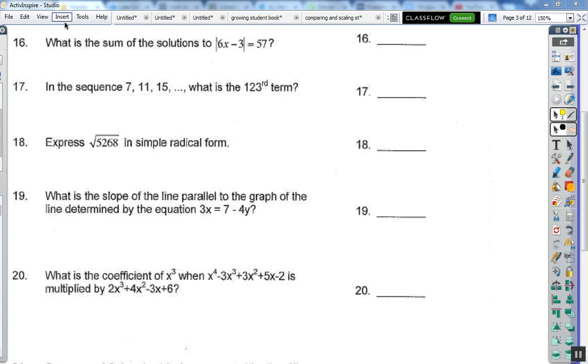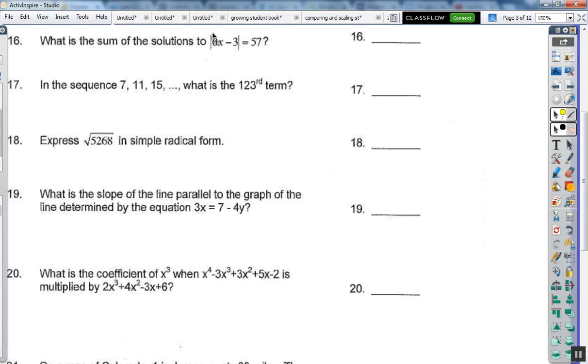What is the sum of the solutions to the absolute value equation 6x minus 3 equals 7? Think about absolute value: whatever is inside here has to be equal to 57. And you know that multiplication can go in any order. So I could say 2.7 times 6.3 times